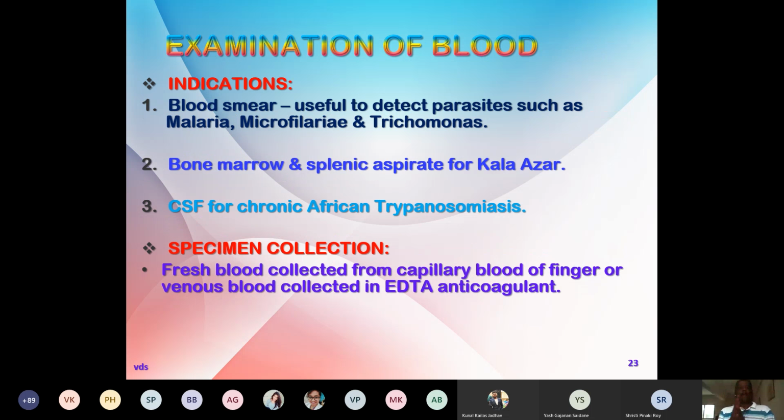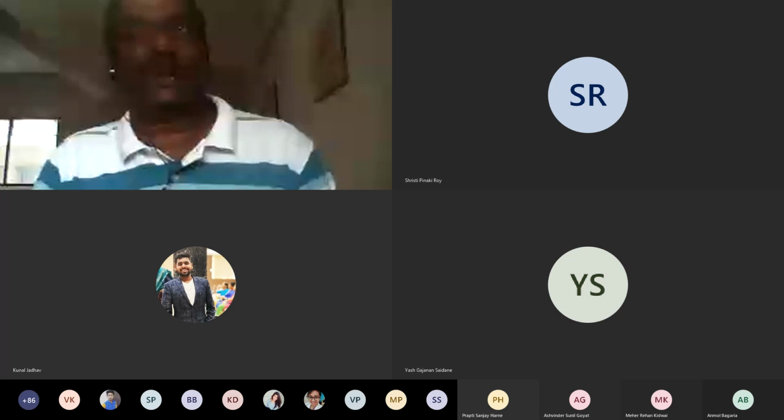Then the second specimen, we have completed feces. Now the second specimen is the blood. Most importantly, we are supposed to understand the indications for when to do the blood examination, particularly with respect to some of the blood parasites. Usually, blood smears are useful for the detection of parasites such as the malarial parasite. We can identify different stages of the parasite.